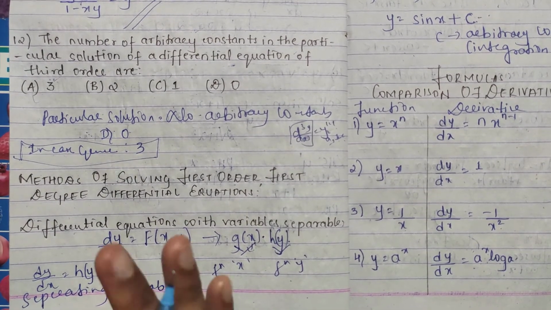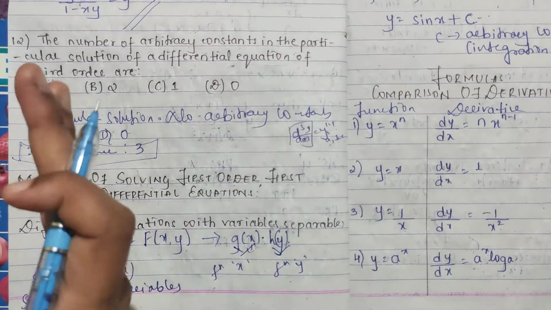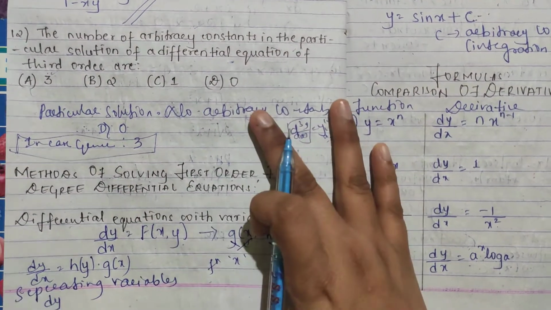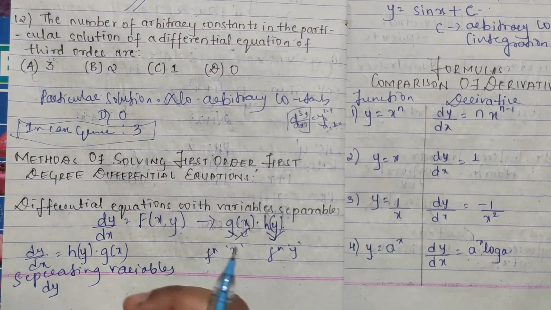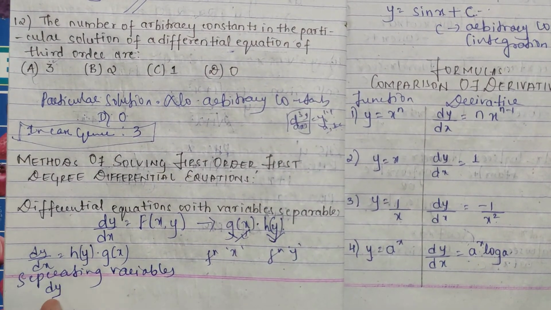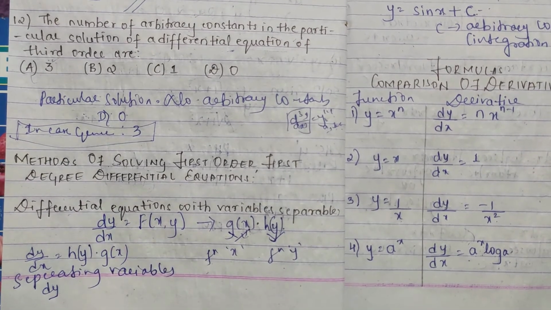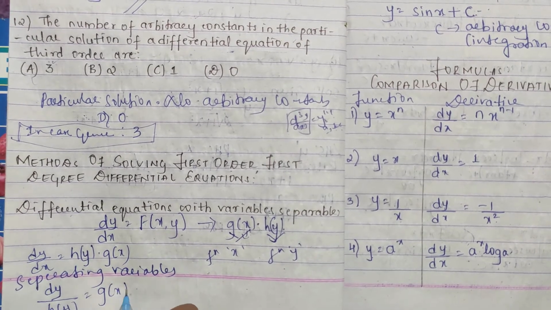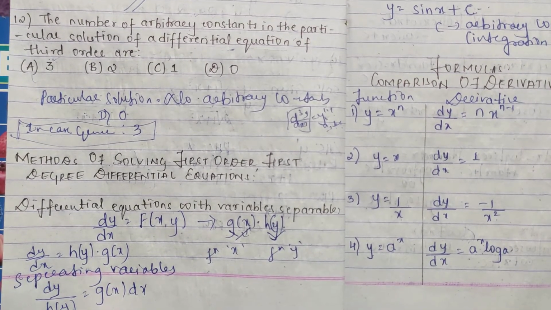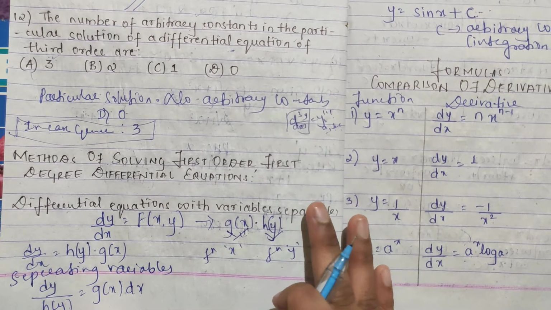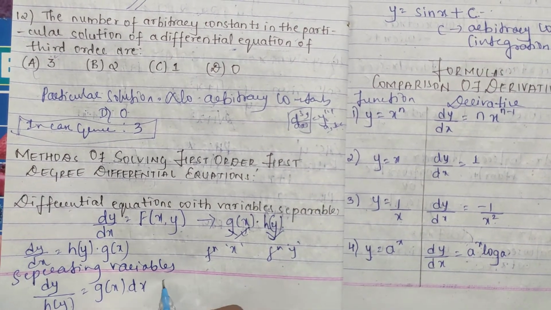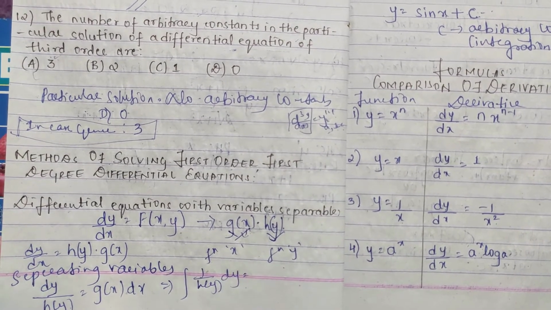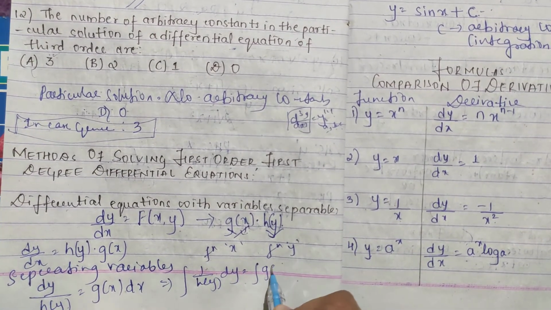Separating means what? Your x term with x you are keeping, your y with y. So dy, if it is here dy, so in your right hand side also, whichever terms or expression is in y, means you have to make sure you get it with your dy, and whatever your x term, you have to get it with dx. So dy by h of y, and this becomes g of x dx, right. Now we have separated it. Then again do the integration. Simple. Integrating 1 by h of y dy, and here you get integration g of x dx.